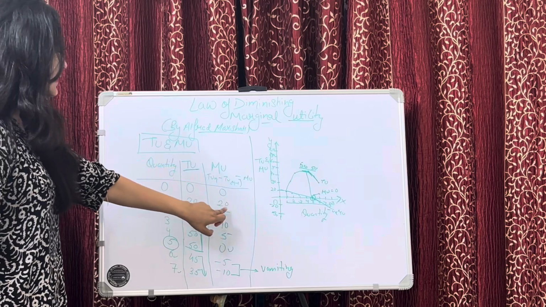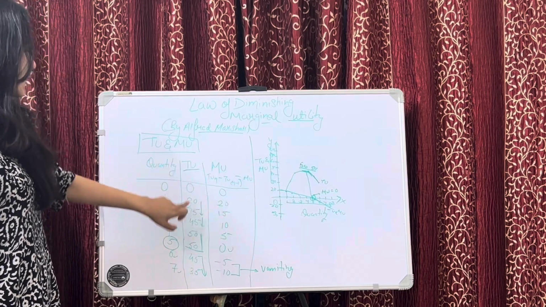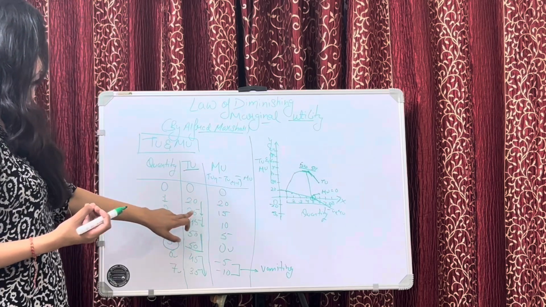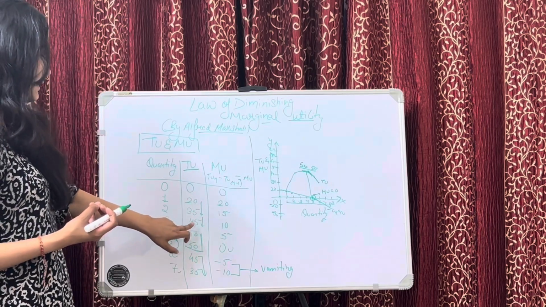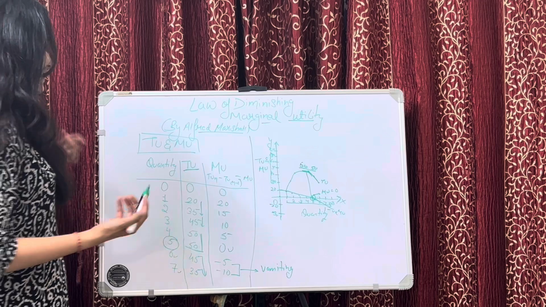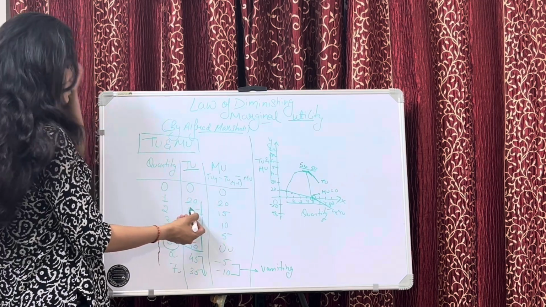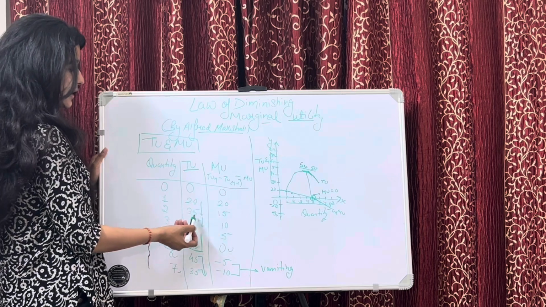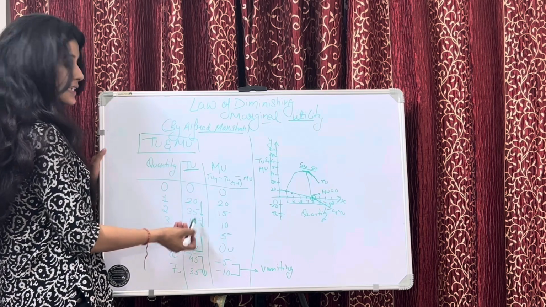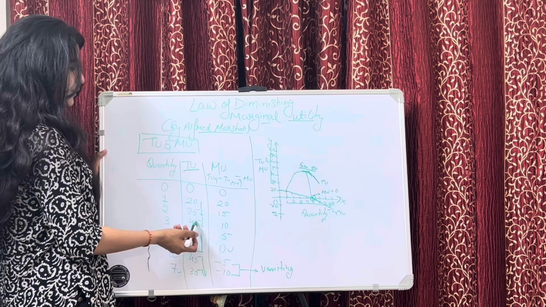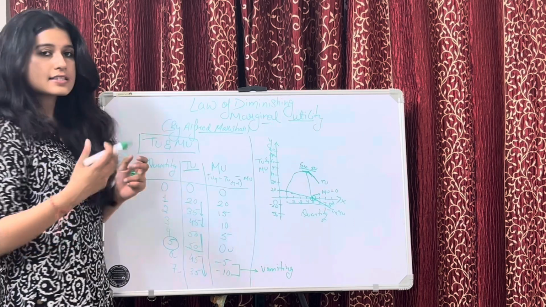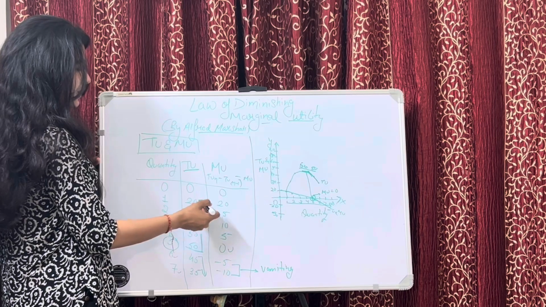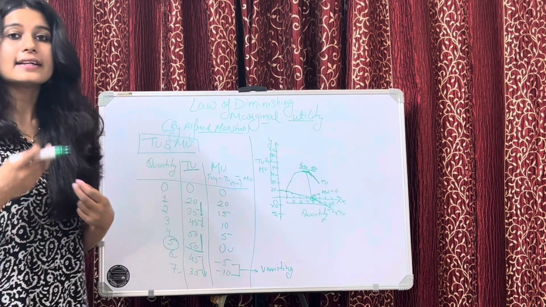When your marginal utility is falling, your total utility is increasing, but at a diminishing rate, because here it is increasing by 50, here it is increasing only by 10, and here only by 5. See guys, 35 minus 20, that is 15, only 15 it is increasing, and from 35 to 45 it's just 10, and from 45 to 50 it's just increasing by 5. So you can see that total utility is increasing but at a diminishing or decreasing rate.